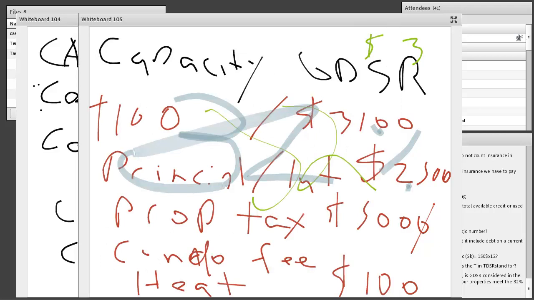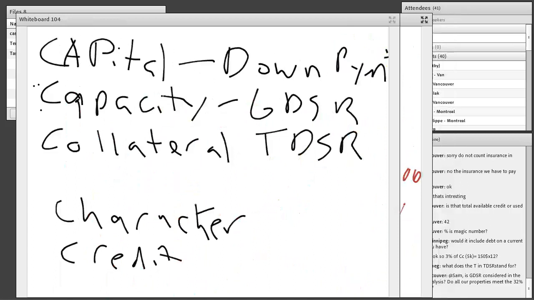Some lenders might say no, some might say yes, but it's very easy to get some of these payments down. You can go to your credit card company, put down $1,000, bring your balance down to 4,000, and now you've qualified, right? Just because you've hit those numbers doesn't mean the doors are going to close on your face. It just means you've got to bring them down somehow. Either you're going to borrow less, put a bigger down payment, borrow a different amount, pay off some debts, etc.